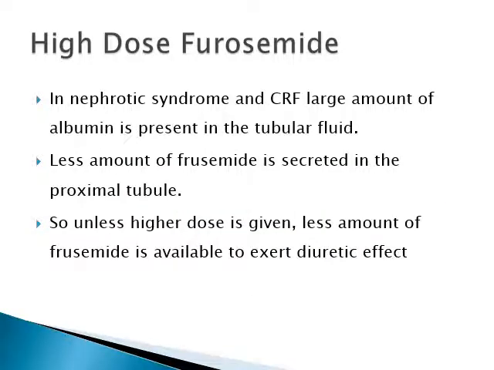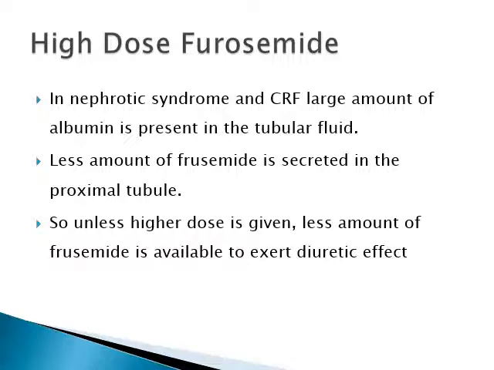So in certain conditions we have to use furosemide in very high dose. In fact, it is said that up to 1000 milligram can be used in these conditions. Why? In case of nephrotic syndrome or renal failure, we have to use very high dose of furosemide, because in